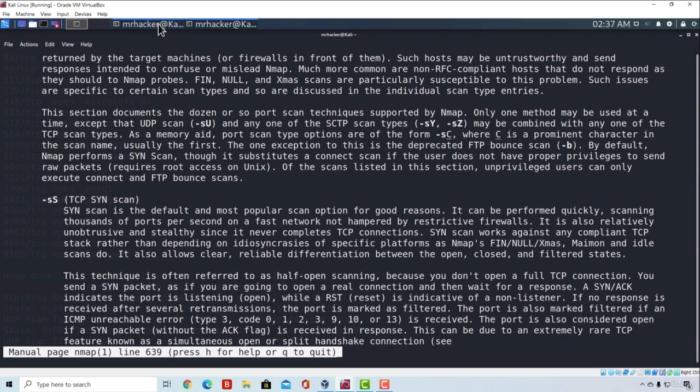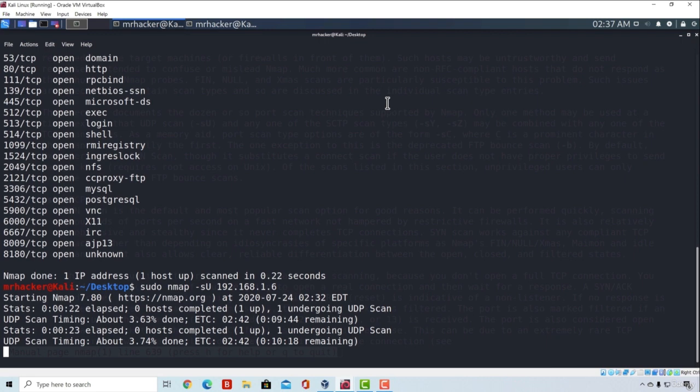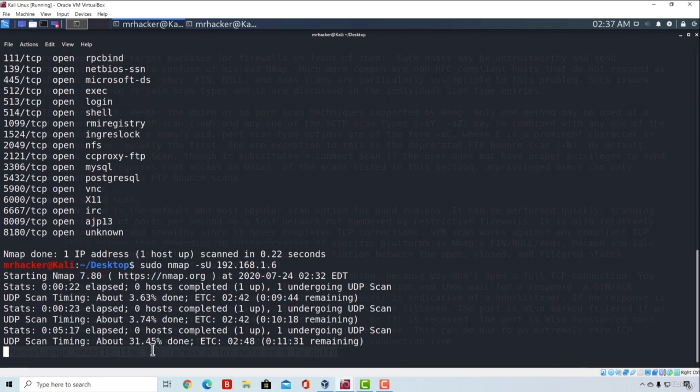So let's see how much percentage our UDP scan is at. So it has finished about 1/3 of the scan, and we know that this will take at least 10 to 15 more minutes, so we're not going to wait for this. And by the way, about the